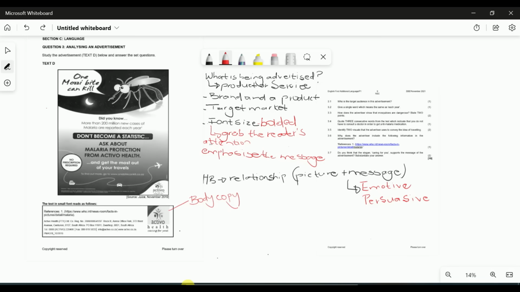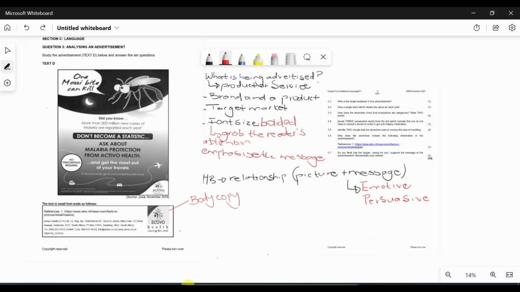And I feel the need for us to revisit visual literacy. These are the skills that are very much important. We need to really revisit the nuggets on how to interpret and approach an advertisement, what is required from your good selves with regards to questions based on adverts, how to approach an advert before we can even go to the questions. And I'm going to take you through the concepts, if not the techniques, that the advertiser uses. So in essence, the purpose of an advert is to promote